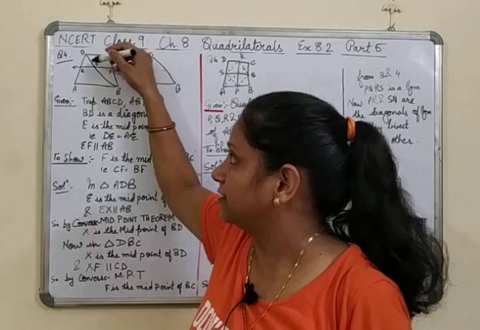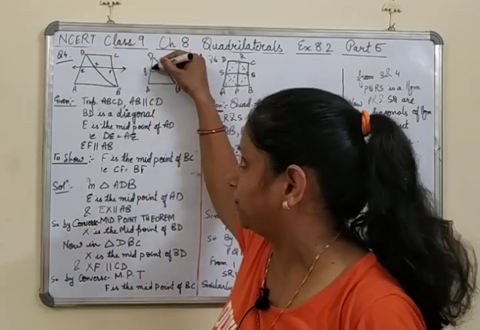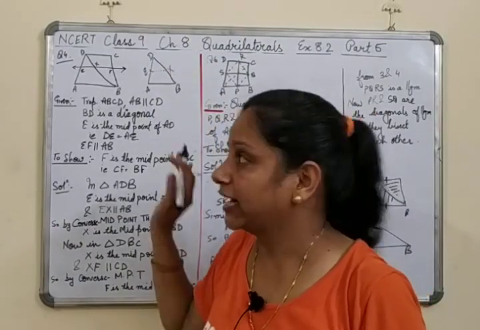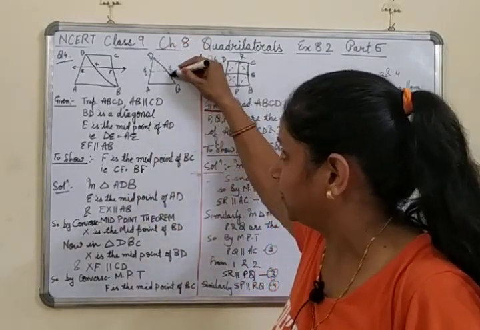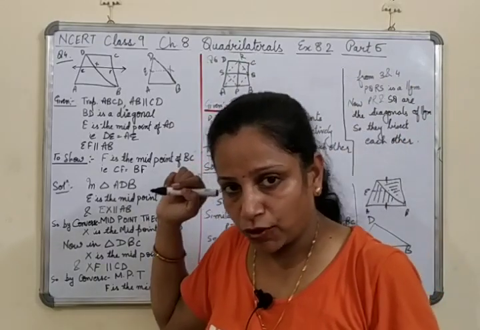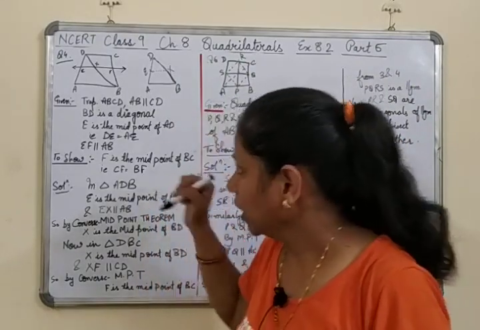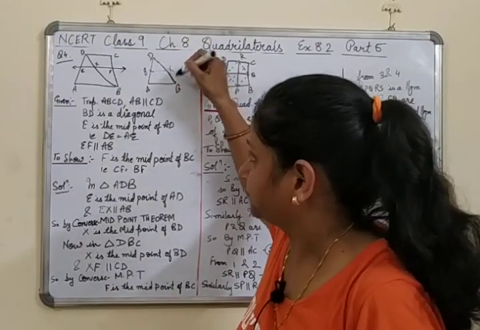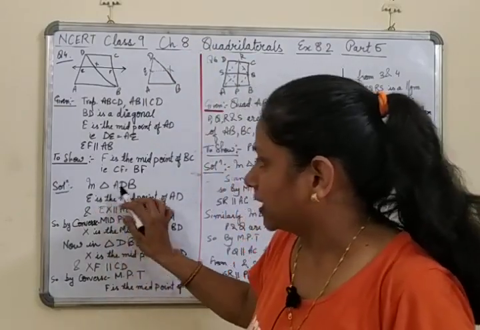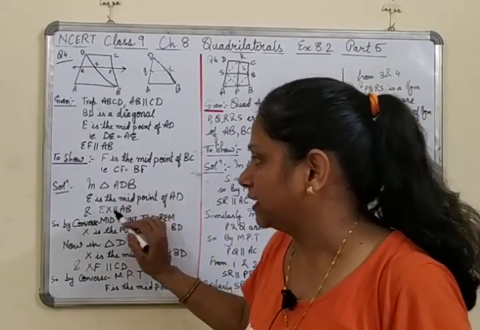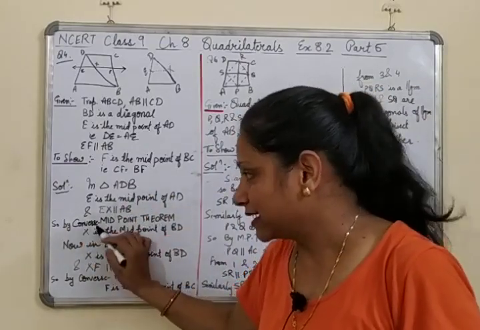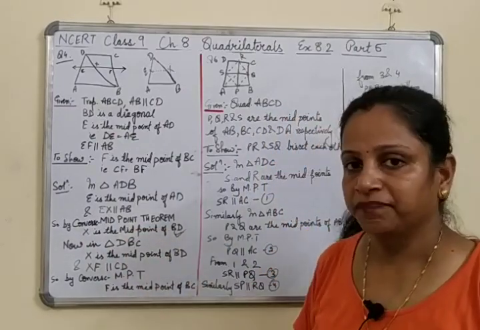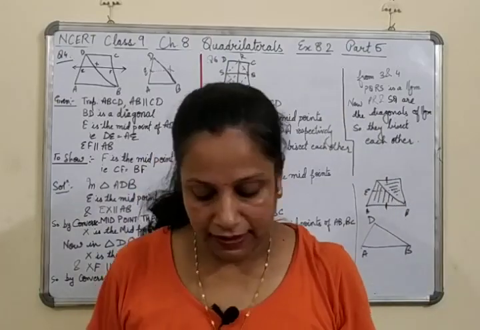So in this triangle, we have E as a midpoint, and let us name the other point X. EX is parallel to AB. That means X is the midpoint of this complete line BD. In triangle ADB, E is the midpoint of AD and EX is parallel to AB. So by the converse of the midpoint theorem, X is the midpoint of BD. Right? Similarly, we come to the other triangle,